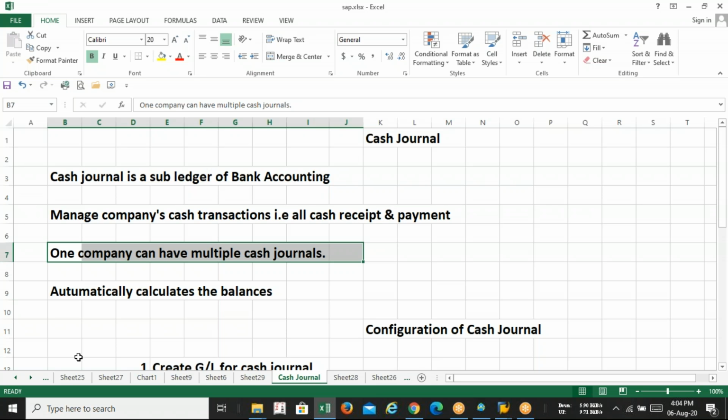Later on we will call it CJ. We will not pronounce it as cash journal every time, but you will say it as CJ. So these are the main features of the CJ in SAP. Anyone having any doubt, any query, any argument, you can ask.